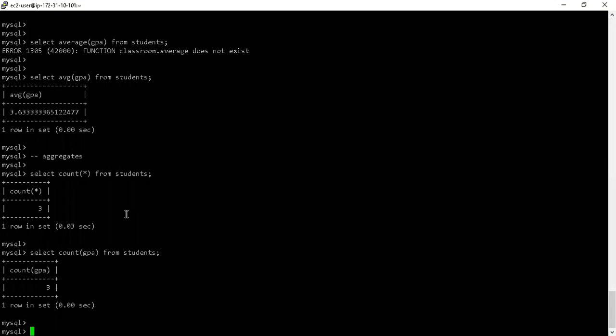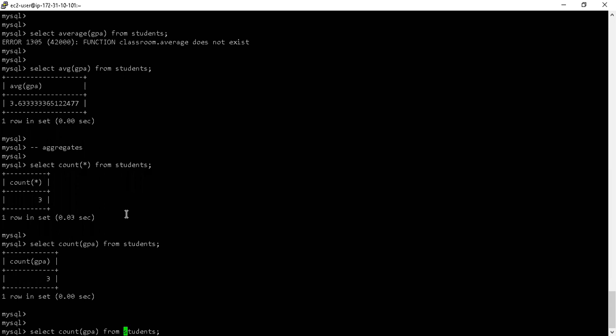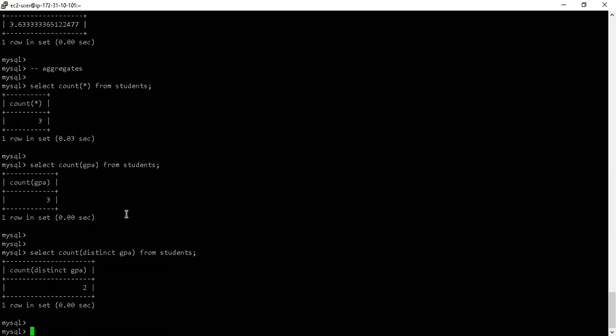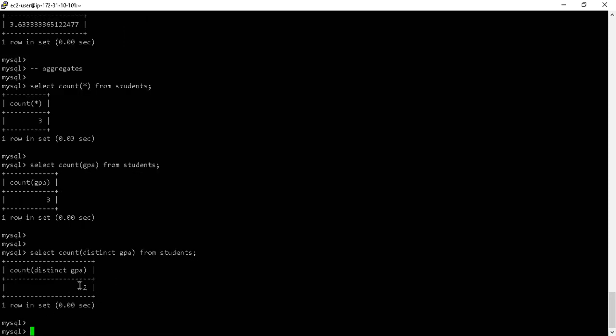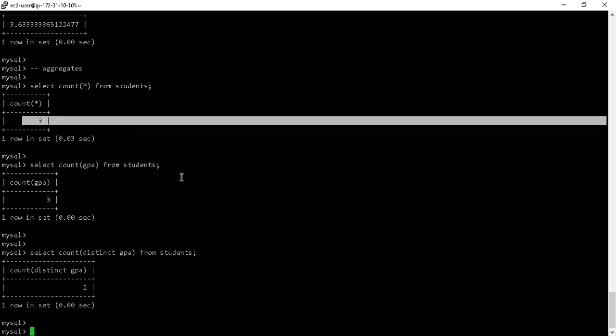But how do you enforce a uniqueness is using keywords like this. If you do a keyword like distinct, now what it is doing, it is taking count of only the distinct values which is there in the column GPA. Here in this case, you see the distinct values are 3.5 and 3.9. Right, so that's why now the output does not match with the total number of rows in the table.